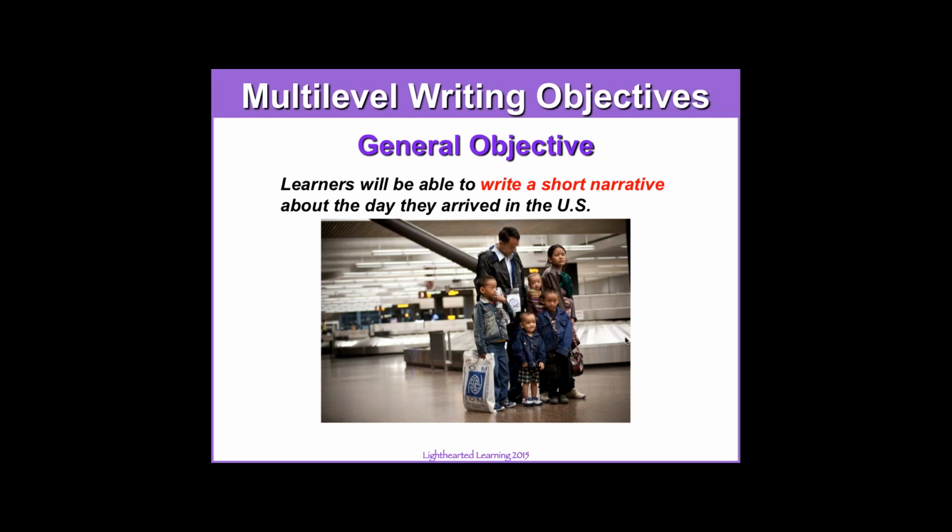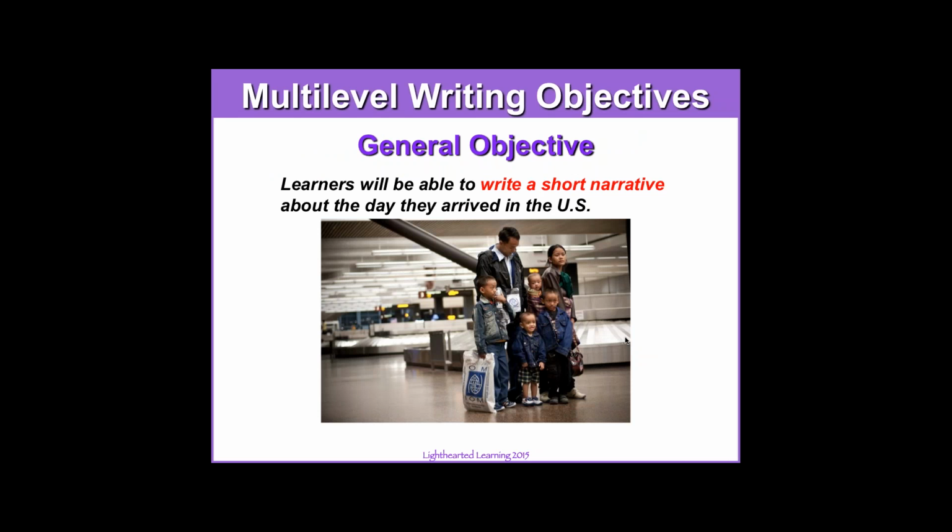I wanted to also give you a view of multi-level writing objectives. I know some of you are teaching in classes where you have learners at different proficiency levels. You want to try to stay with the same theme. You want to try to be able to do your pre-writing work with the whole class, but then you will adjust the writing task to match the writing level of your learners.